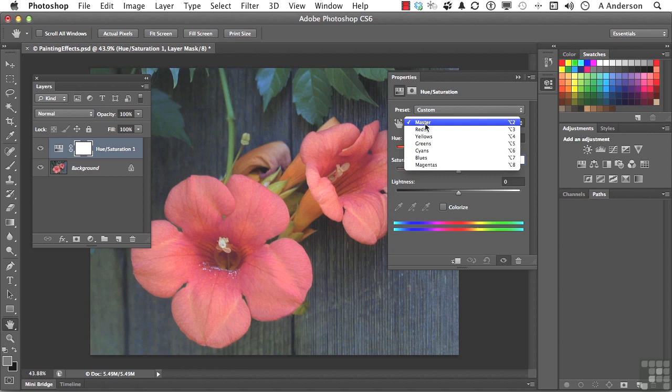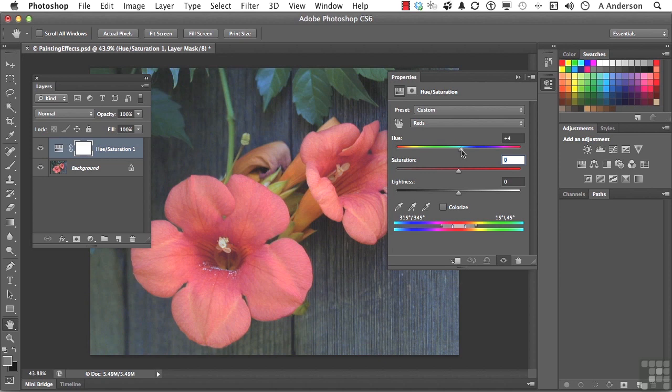I'm going to go into reds. Watch what happens to those flowers now when I move hue. It only changes them because they are in the reds. So if you want a whole new different flower, you can do that. But we're not done. If you come down here, these eyedroppers came alive when we went out of master and